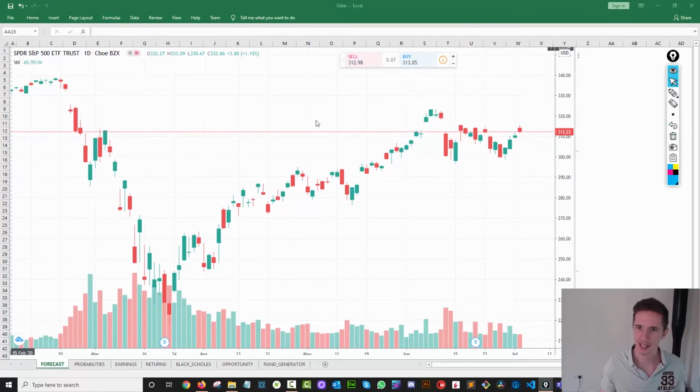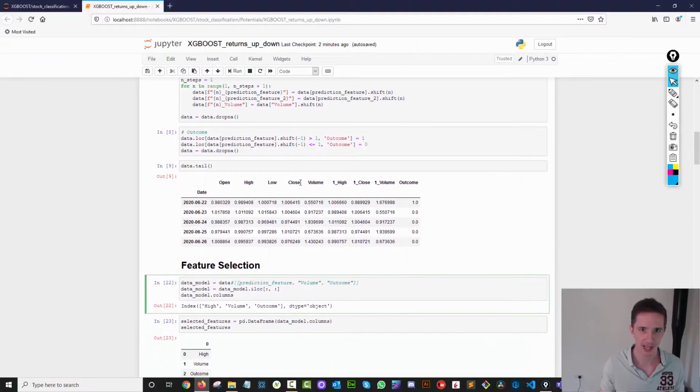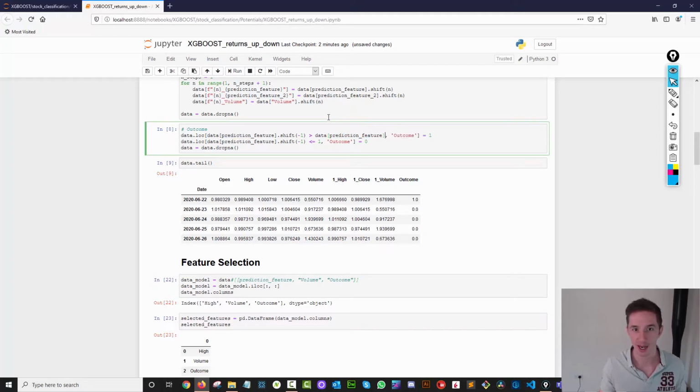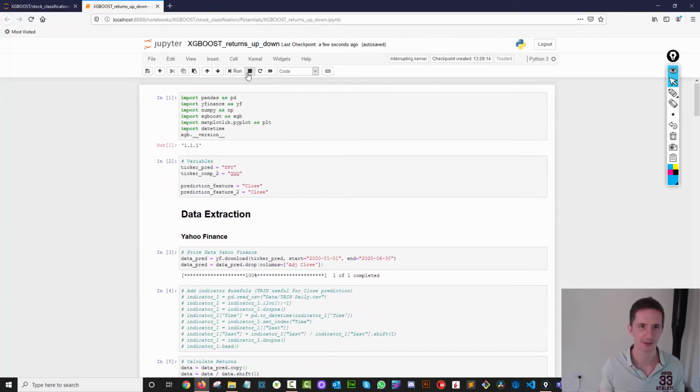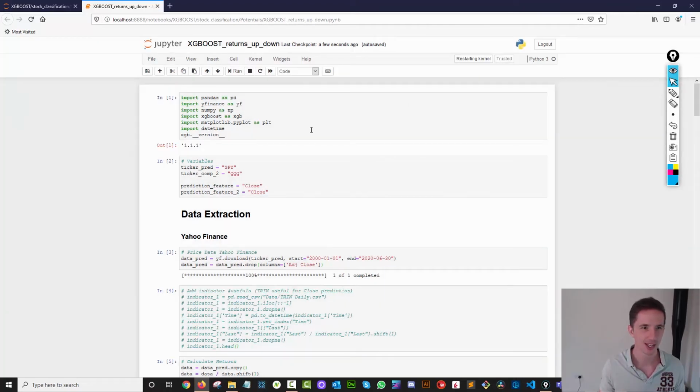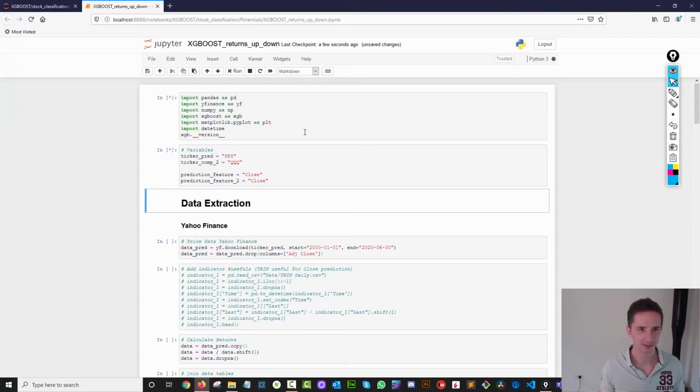So let's clear all of those drawings now and go over here, and we're going to make a small tweak. We're going to say, take this, and rather than it being greater than 1, i.e. up, is it going to be greater than it was today in terms of today's return? And we're going to do the same thing here. Okay, so let's run this. Hopefully I've not messed anything up, which typically happens a lot of the time. And let's go through this now.